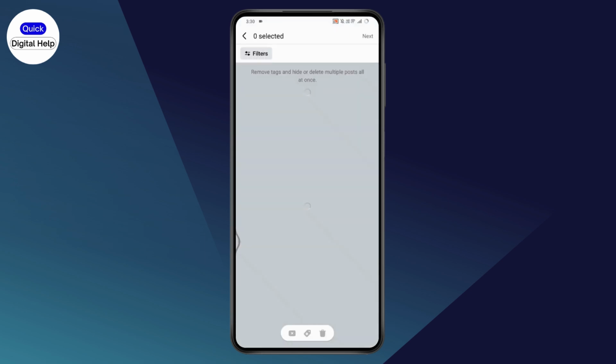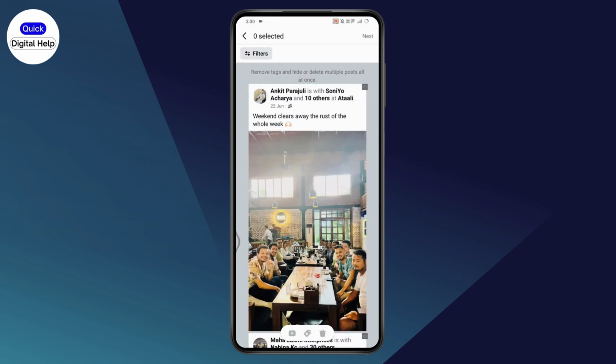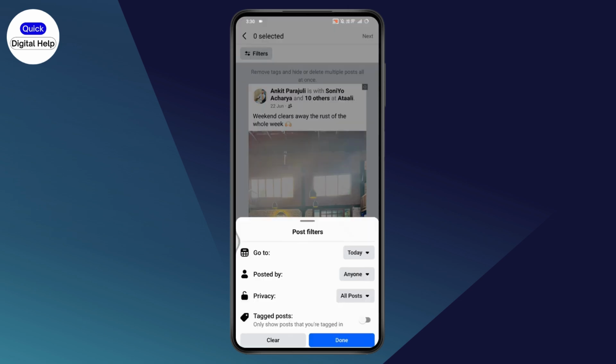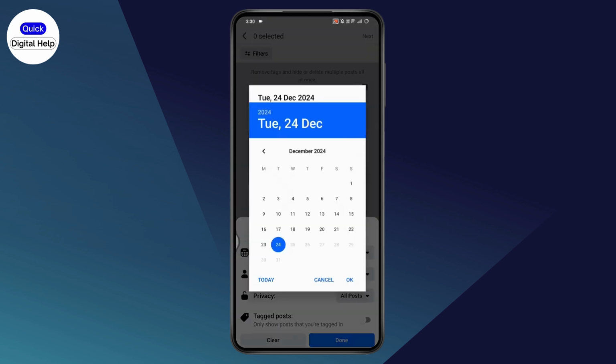tap on manage posts. Now under manage posts, you will have all of your posts, right? So you just need to go to filters, which is on the top left, and tap on go to, go with the drop down and select the date that you would like to find your post. You can also tap on the year, and then you can simply select any year that you've created your Facebook, or any year you're comfortable with, and then tap on OK and select the date